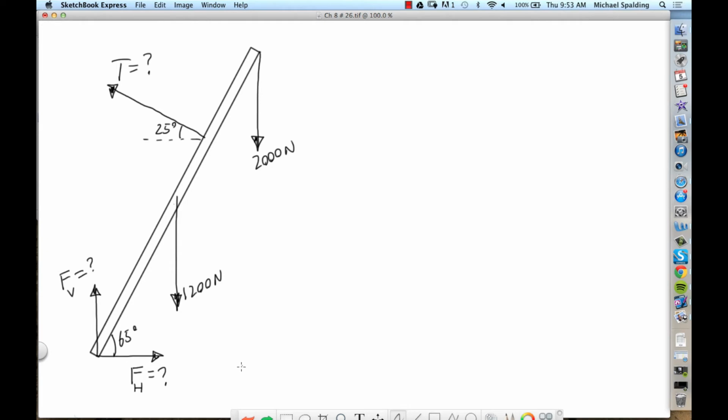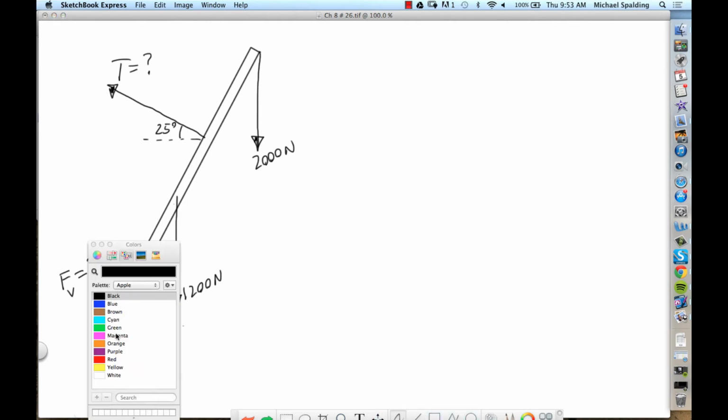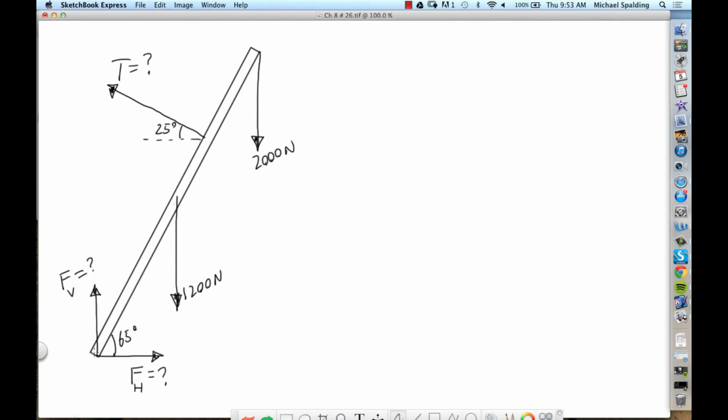Okay, now, let's put our distances in. So I'm going to do the distances in red. They don't give us a specific distance. All they tell us is the length of the boom is L. So let's draw this in here. So the length of the boom,